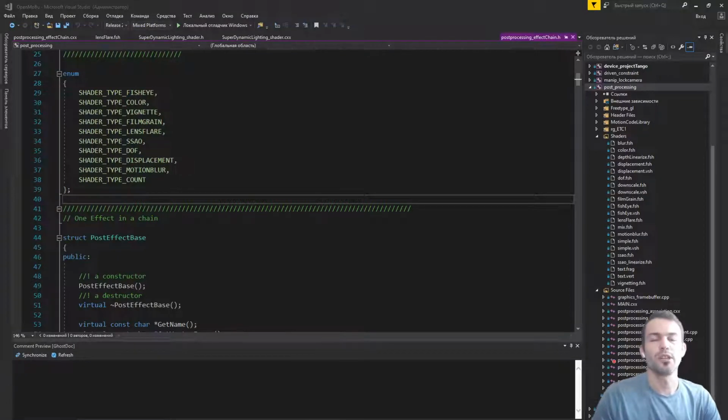Hello everyone, in this video I would like to give some details about the post-processing plugin and also how effects are set and work there. Let me start. The idea of post-processing is that we have several effects which apply as an overlay with a specific GLSL